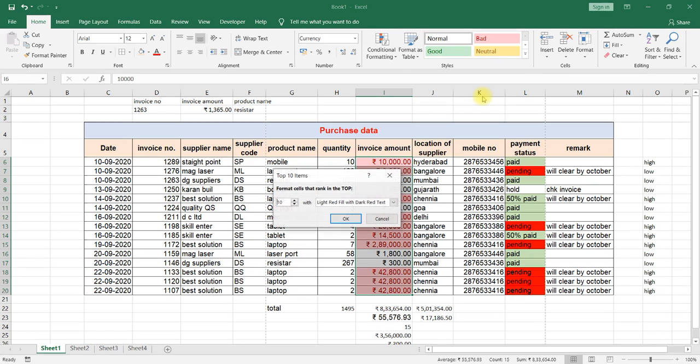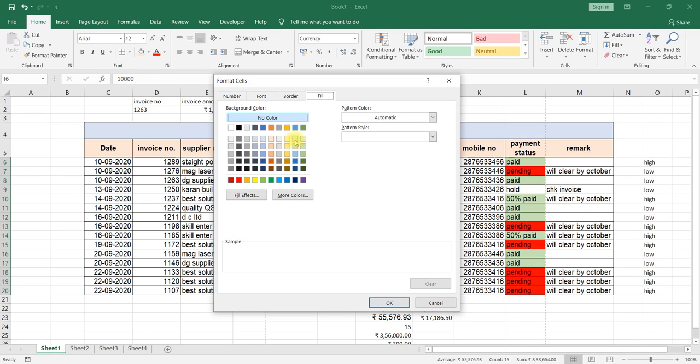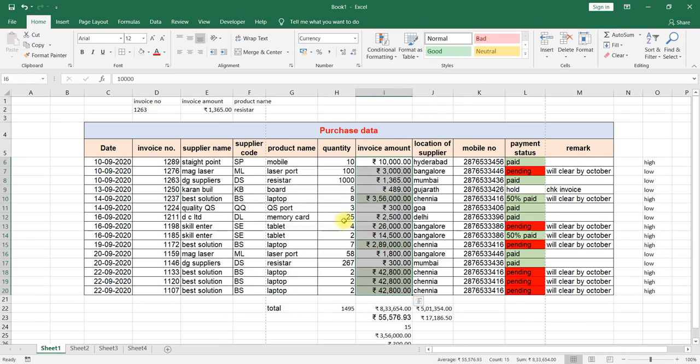We will say top 3, not 10, and highlight with whichever color you like. You can go to custom format and highlight with green. So the top 3 will be highlighted. Here we have taken top 5, 1 2 3 4 5.